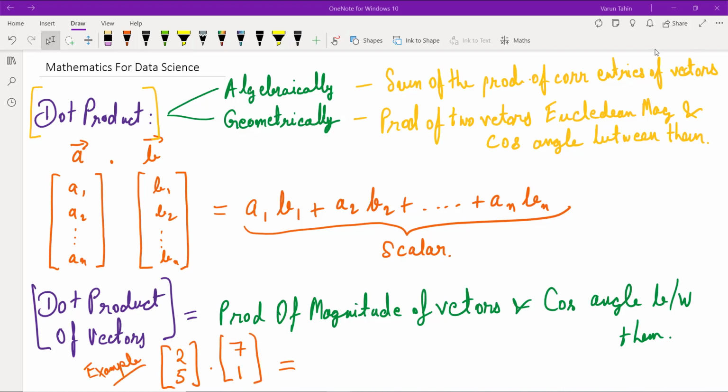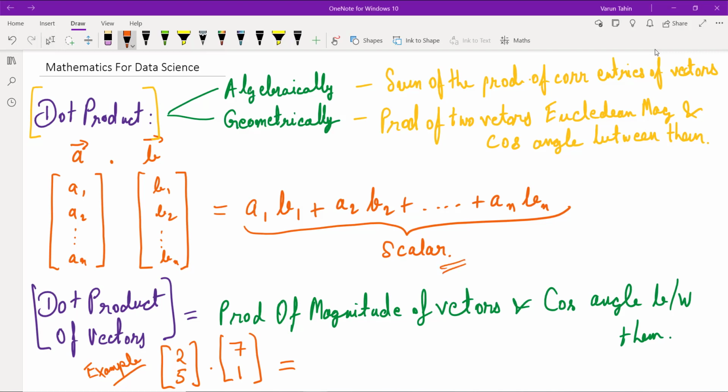Now let's understand the dot product with the help of an example. So let's say that we have a vector A which is represented by A1, A2 up to An, and a vector B of equal length, from B1 to Bn. So the dot product will be the multiplication of the corresponding elements of A and B. Okay, so A1 into B1 plus A2 into B2, and all the way up to An into Bn, and this will be a scalar quantity.